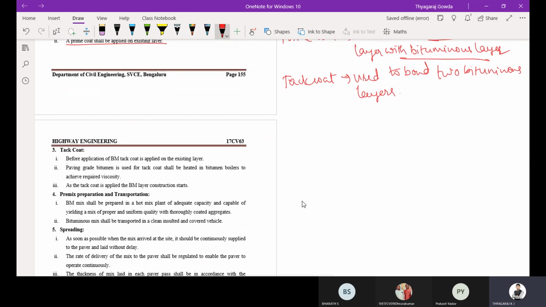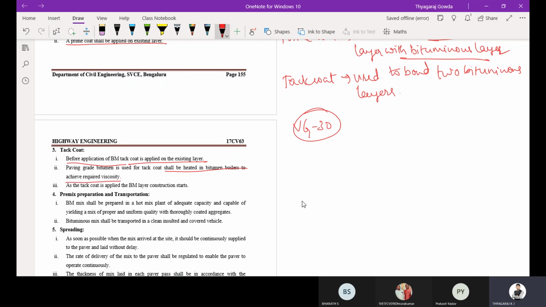So before application of BM, the tack coat is applied on the existing layer, after the prime coat. Paving grade bitumen, that is VG30, is used for the tack coat. It shall be heated in bitumen boilers to achieve the required viscosity, so that it can be sprayed.